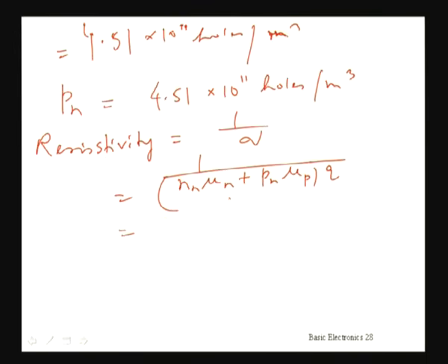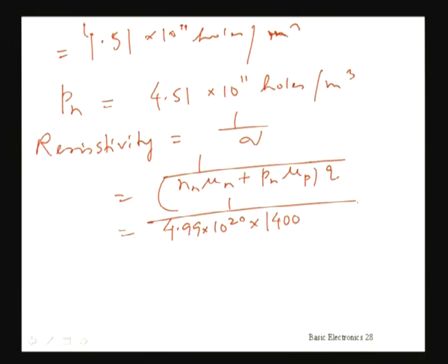So, it will be equal to, here Nn electron concentration is 4.99 into 10 to the power 20 into mobility of electron, which was 1400 cm square per volt second. So, I will be converting everything to meter unit. So, I will have to multiply 10 to the power minus 4 with 1400 plus